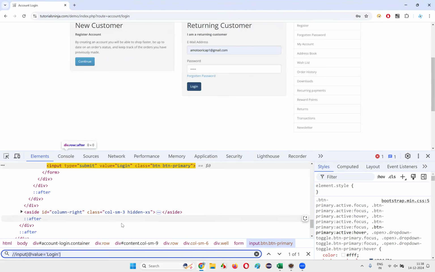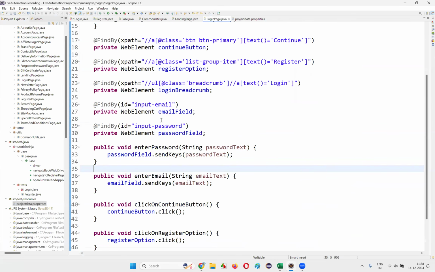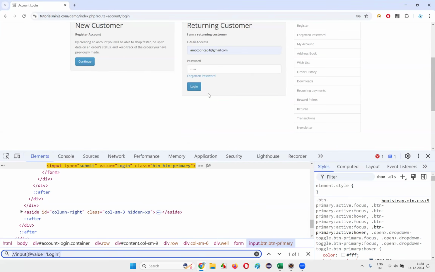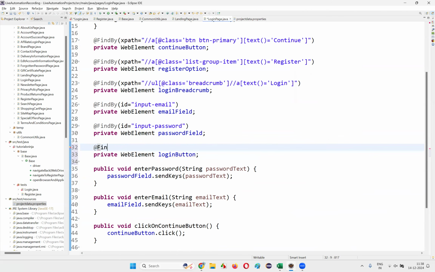Copy this expression of this login button, and then go to the login page. And here create a web element for the continue, that is, the login button. Okay, private web element, login button, put a semicolon here and write down at the rate find by xpath is equal to, give the xpath expression of that login button,